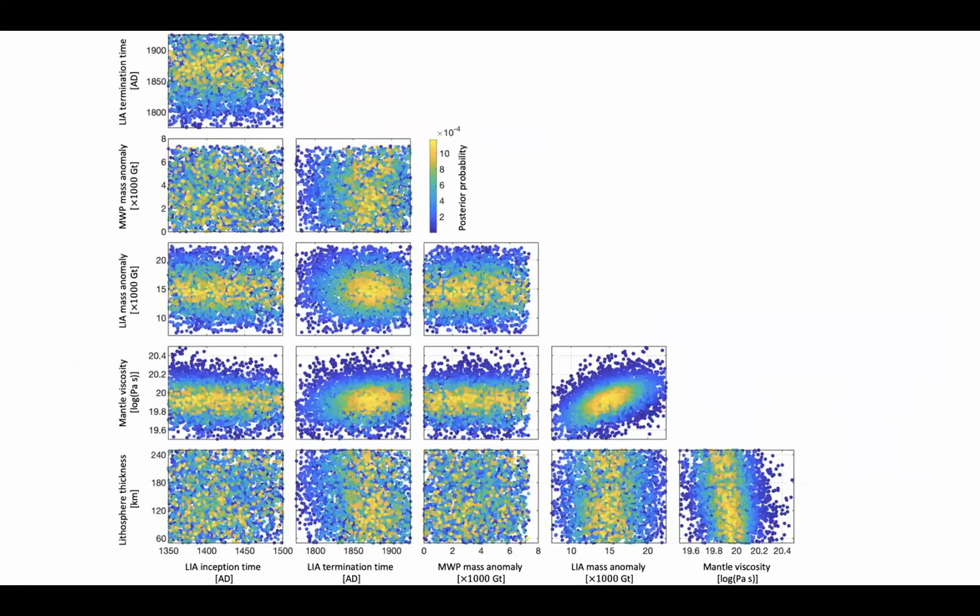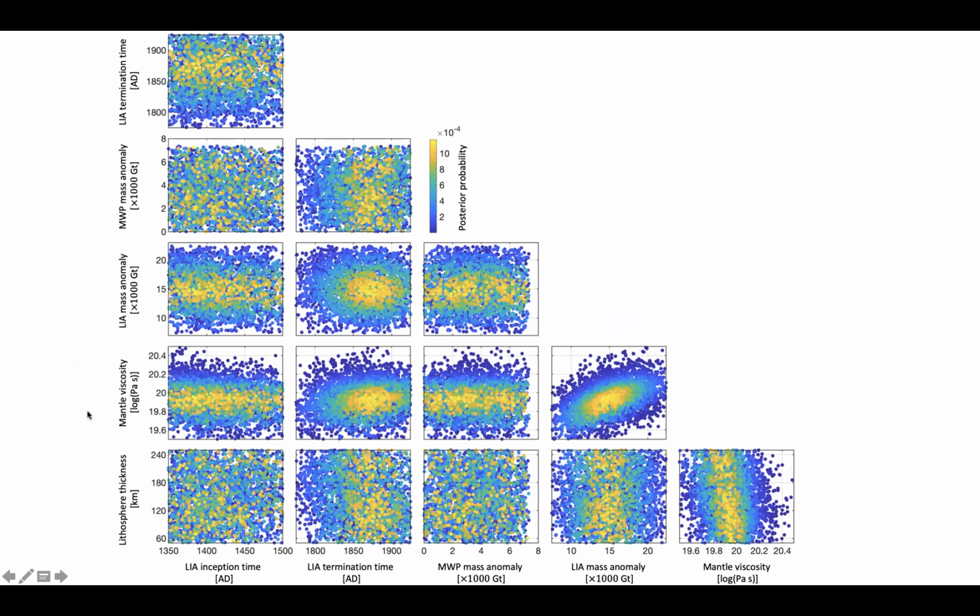So here are our results. You can see the probability distribution function for all possible combinations of parameters. The yellow dots represent the models that are more likely to explain the data, to minimize the data model misfit. There's a lot of information to grab out of this graph. For example, for some of the most uncertain parameters, such as the Little Ice Age inception time or the medieval warm period, our model solutions are really insensitive to those parameters, because the yellow dots spread across the plausible or prescribed range of parameters. Which is a good thing.